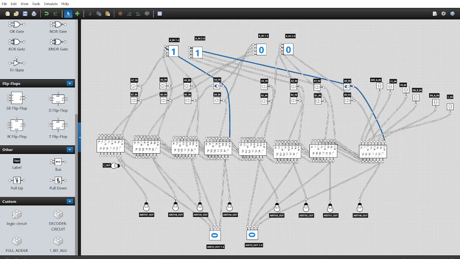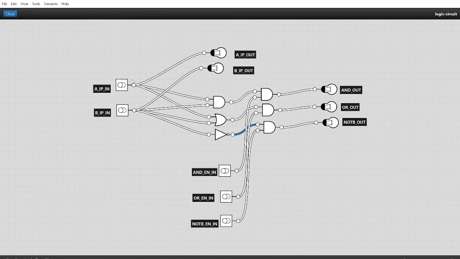So for my logic circuit, which is this, I have A, B as my inputs, and AND enable in, OR enable in, NOT B enable in as my enable inputs. I have A out and B out, and AND out, OR out, NOT B out as my outputs. I'll demonstrate the functionality of my circuit. If I switch on A and B,